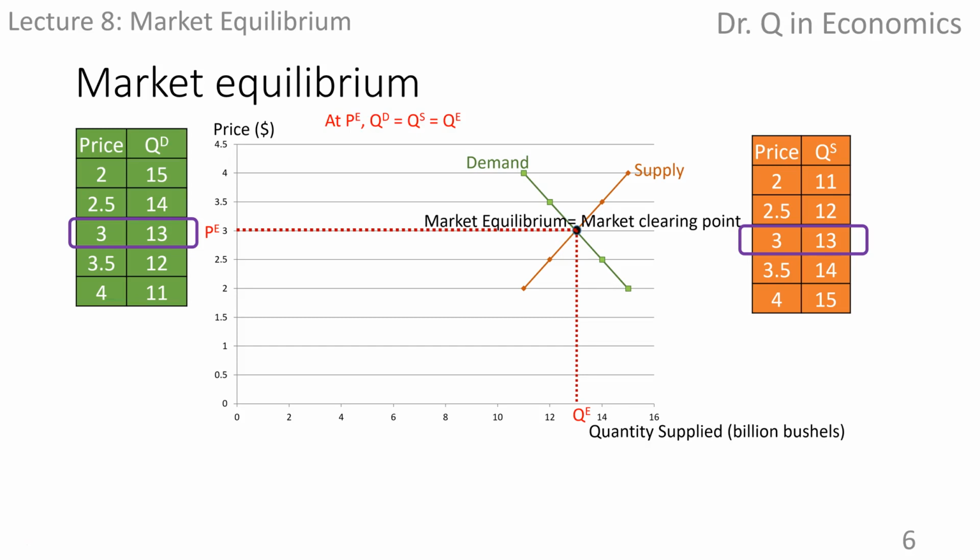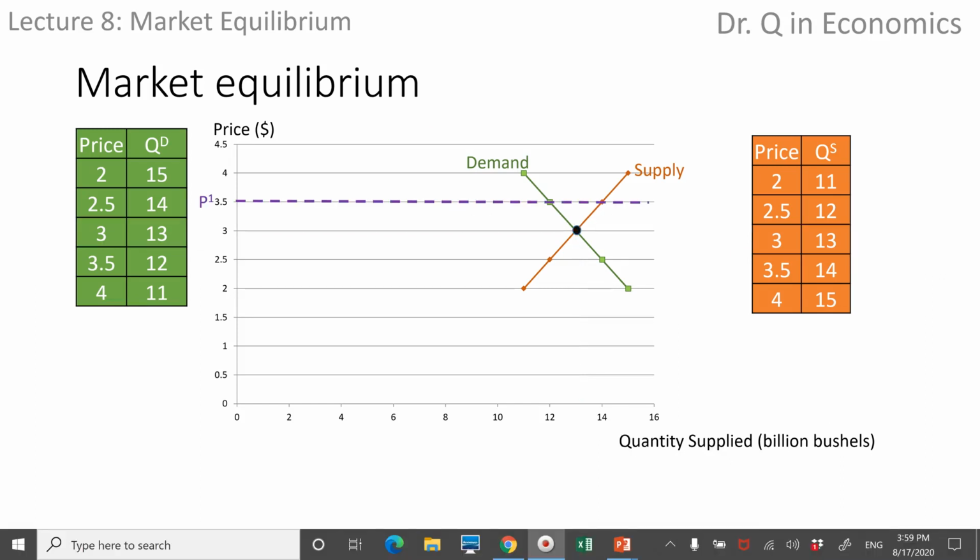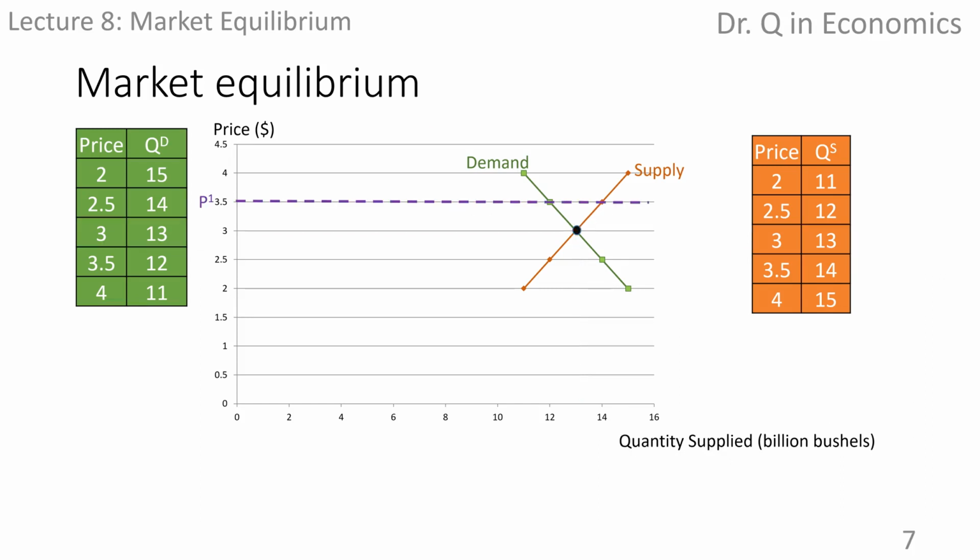There are two clarifications I'd like to make here. First of all, in general, the equilibrium is not achieved overnight. It takes a while for the consumers and the suppliers to interact and figure out the equilibrium. For example, if at first suppliers predict the market incorrectly and set their price at $3.50.